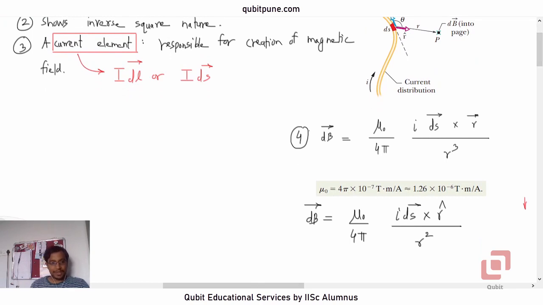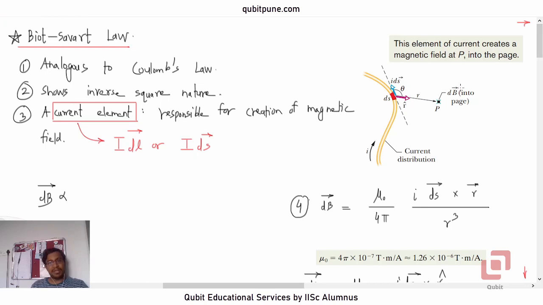If you need any help in the determination of the expression, first of all I will state the proportionality relationship. Now why are we taking dB bar here and why are we not writing B bar? Because we are not considering the net magnetic field at P. We are considering the magnetic field at P produced by only this current element. Clear? So this is not the net magnetic field. Okay, so what does Biot-Savart Law tell us?